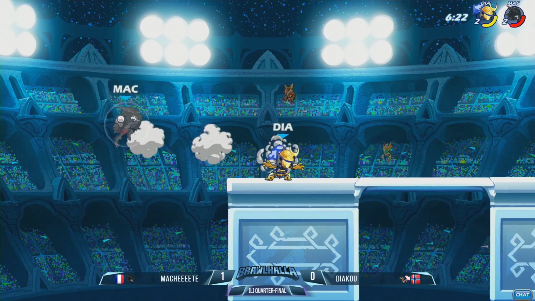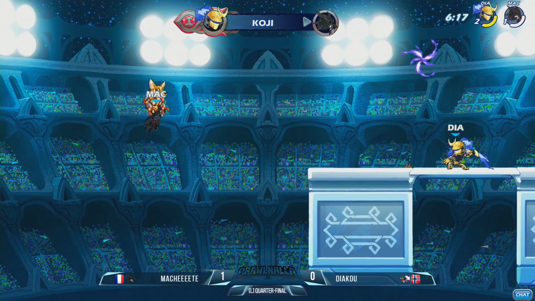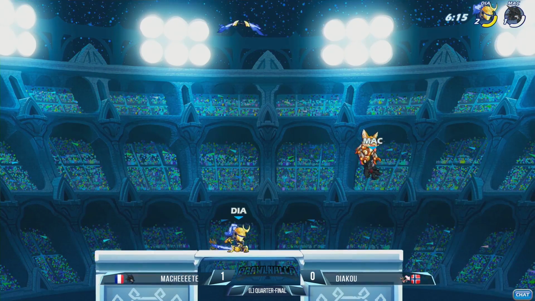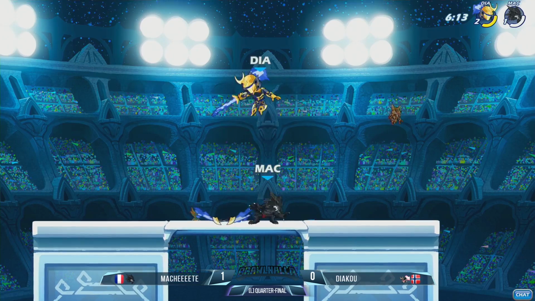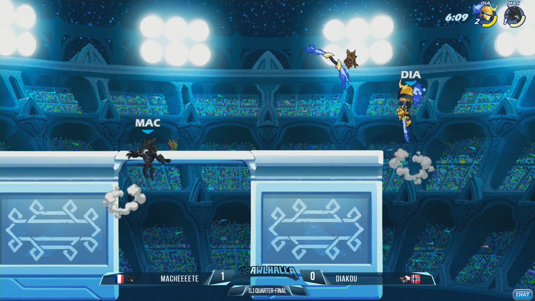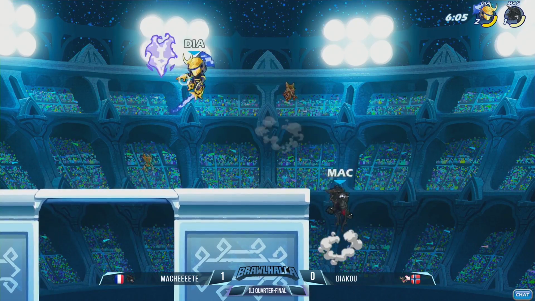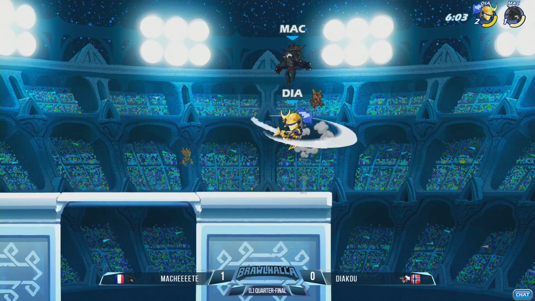That's the thing. It's not like a cross gauntlet down signature where the longer you hold it, the further it travels. Yeah, so that laser beam isn't constantly active. It's just so you know exactly where your opponent is going to land. So he was able to land that punish perfectly. But Diakou, not phased by being punished for his down sig option, was able to very quickly take the stock back. And he's looking like he's going to be taking this to a game 3 if Macheeete can't figure out something soon,